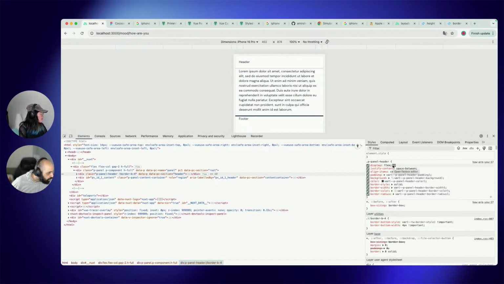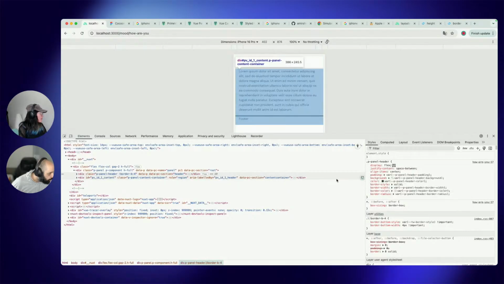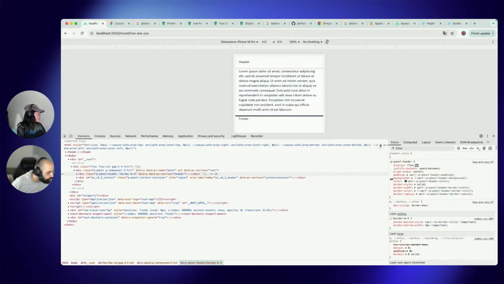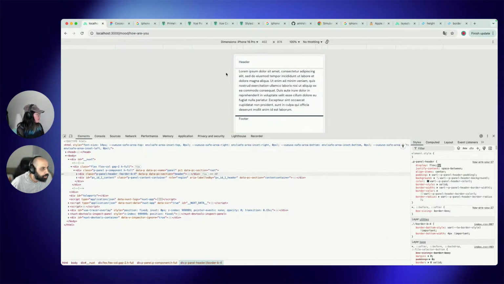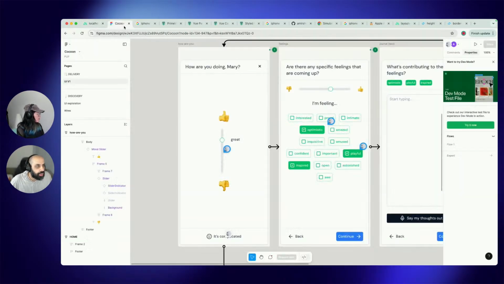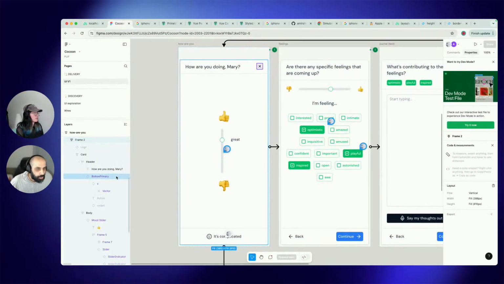It's a display flex, but I don't see what, like, it should be a flex column, right? That's fine. Okay, so I have my border here, and let's go here to see what the exact